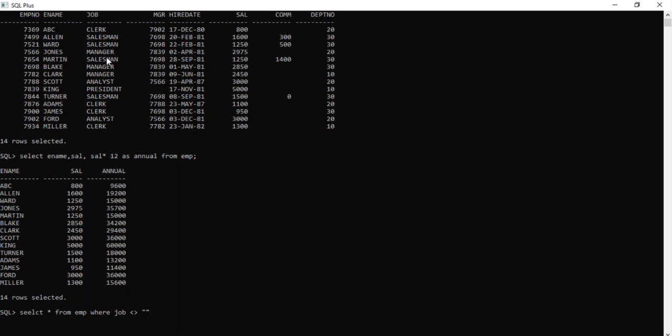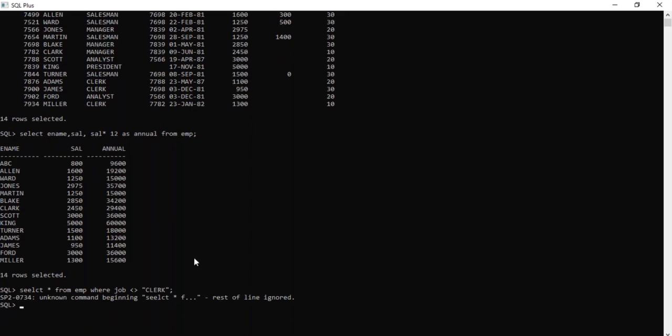Then you can understand immediately: not equal to that particular job, then the remaining will come. How will we get it? Simple: select star from emp, it's a table. Now where job